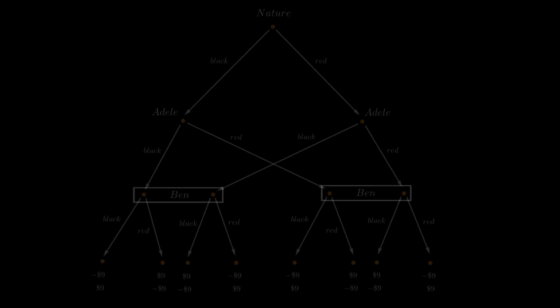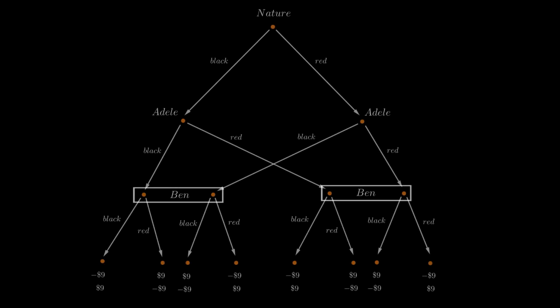So far, we've only considered games where the outcomes don't involve any uncertainty. Let's illustrate this with an example. There are 3 cards, 1 black and 2 red. They are shuffled well and put face down on the table. Adele picks the top card, looks at it without showing it to Ben, and then tells Ben either the top card is black or the top card is red. She could be telling the truth, or she could be lying. Ben then has to guess the true color of the top card.